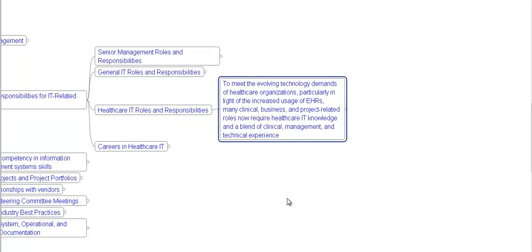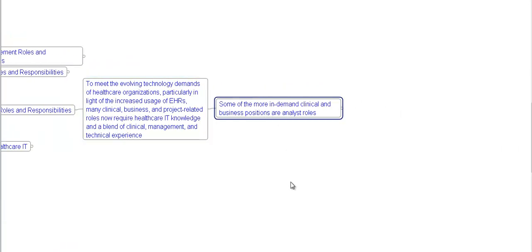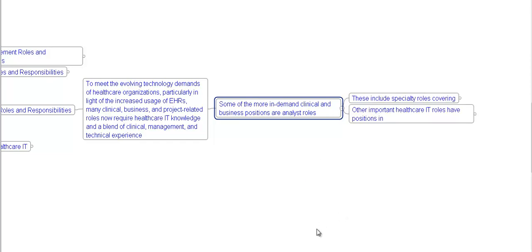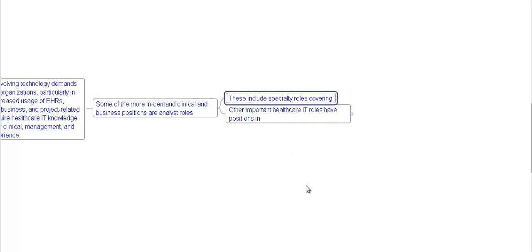To meet the evolving technology demands of healthcare organizations, particularly in light of increased usage of EHR, many clinical, business and project related roles now require healthcare IT knowledge and a blend of clinical management and technical experience. Some of the more in-demand clinical and business positions are analyst roles. These include specialty roles covering